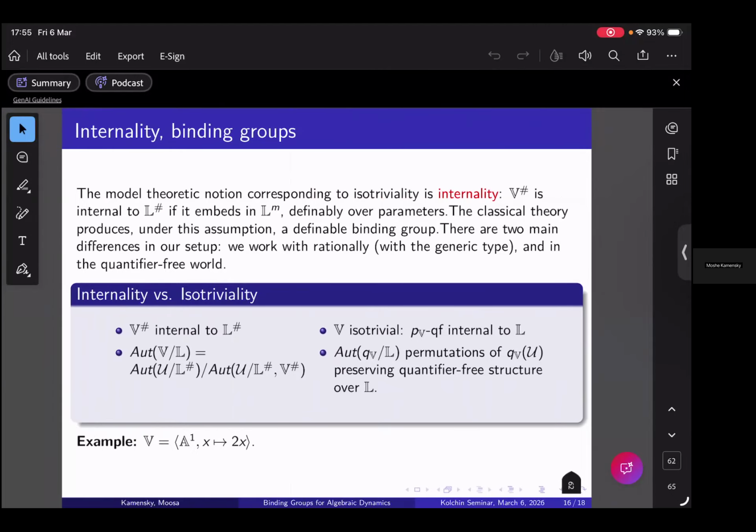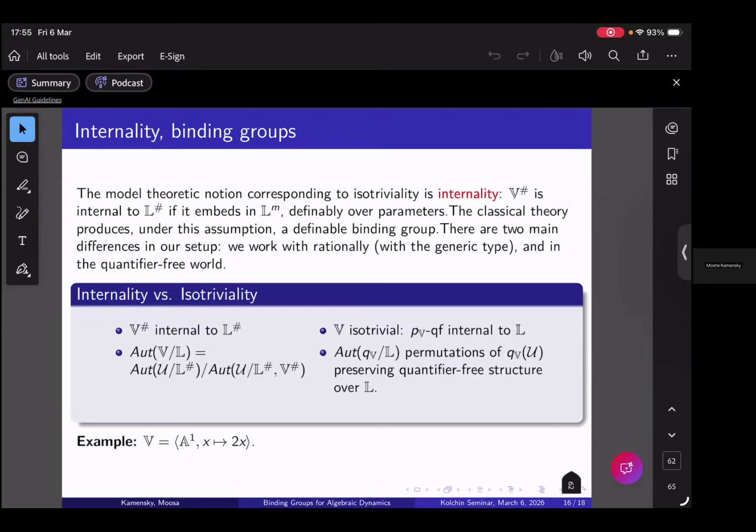Now, the second difference is the group of automorphisms. So in the classical situation, the group of automorphisms that we look at is just the automorphisms of the whole universe fixing the L sharp, right? So fixing the elements of the fixed field pointwise. And then we just divide by the normal subgroup that fixes also V, the set that we're